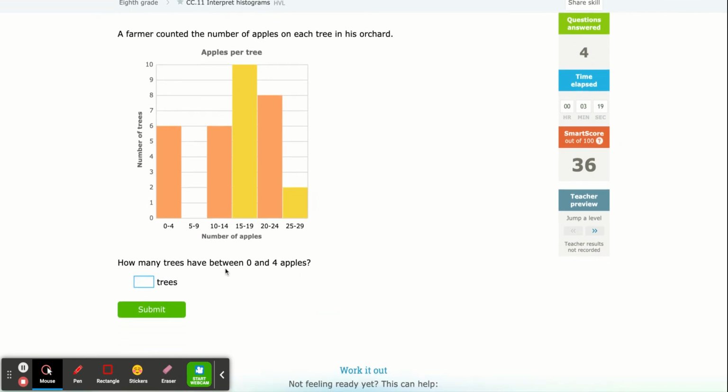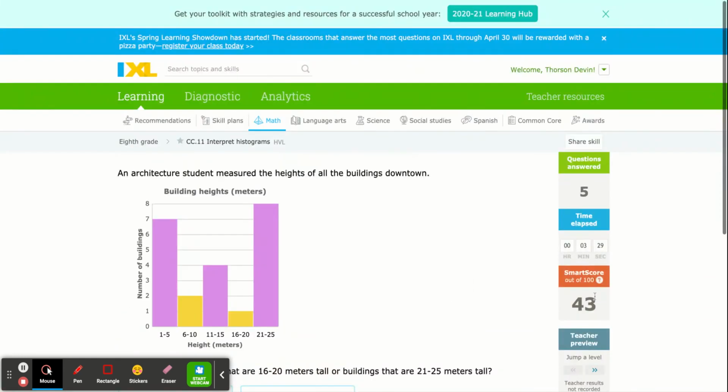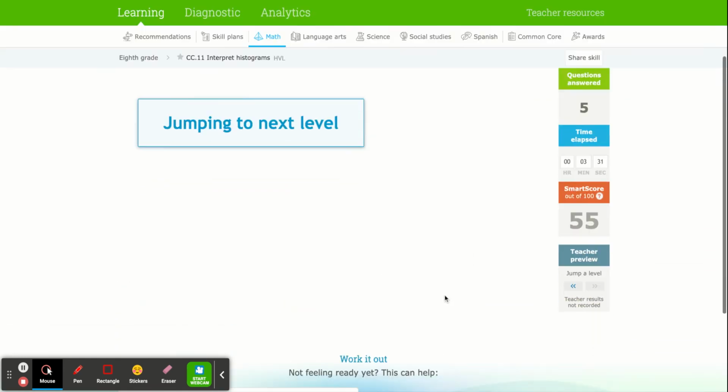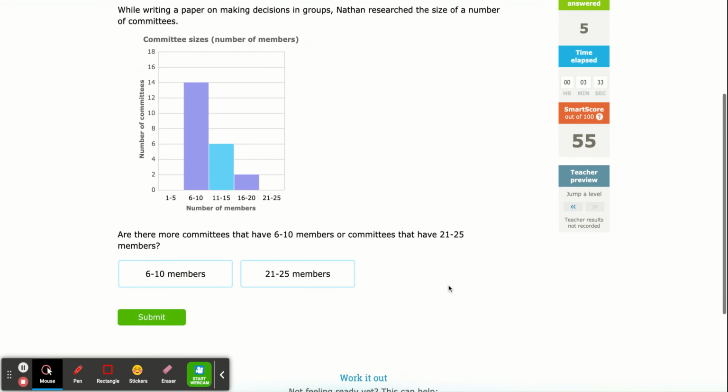How many trees have between 0 and 4 apples? Between 0 and 4 apples, number of trees, number of apples: 0, 4, 6. So 6. So again, it's just being very observant as you read these questions, knowing what's asked for and understanding the